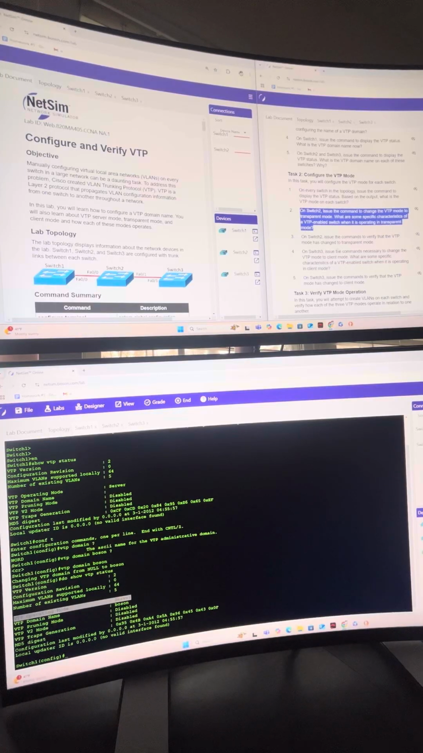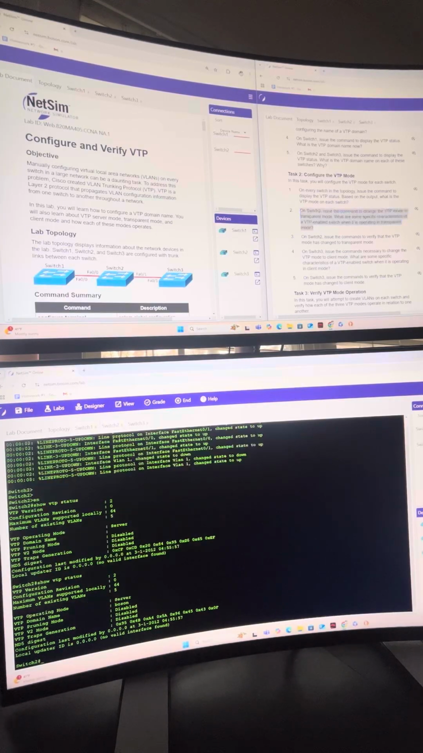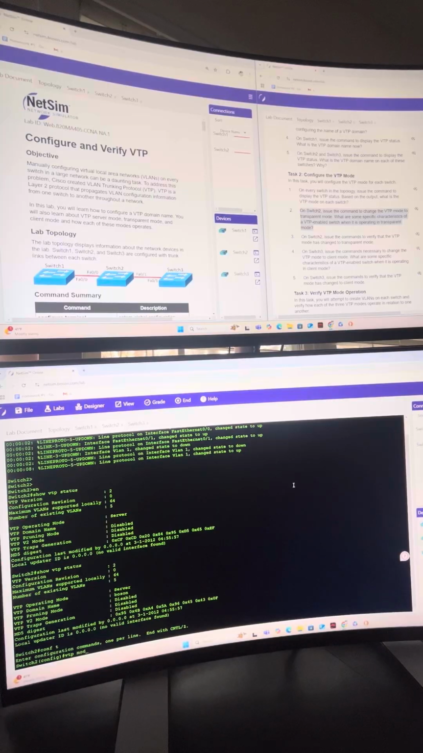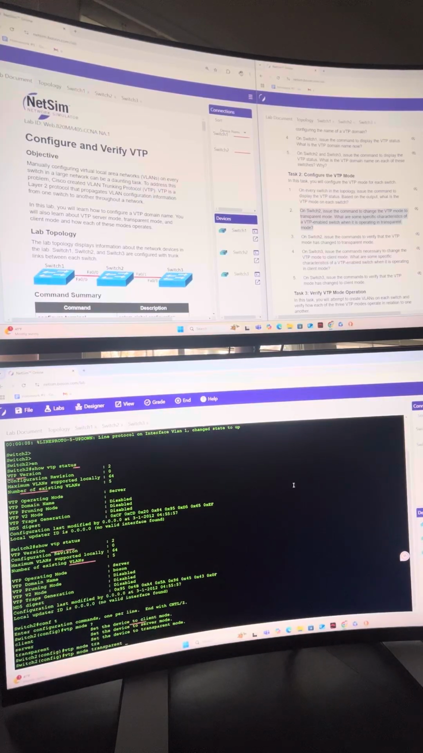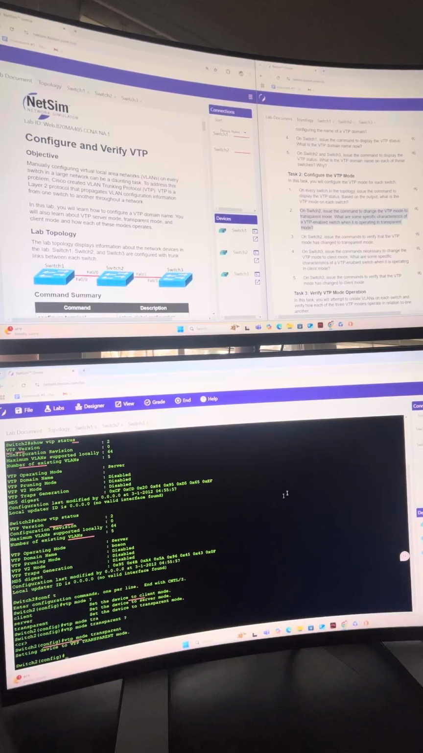It says on switch 2, issue the command to change the VTP mode to transparent mode. What are some specific characteristics of a VTP enabled switch when it is operating in transparent mode? So first, let's do the change. Let's do configure terminal. Let's go VTP mode. And you can see the different options that we have, but we're going to go with transparent and hit enter. So now with transparent mode